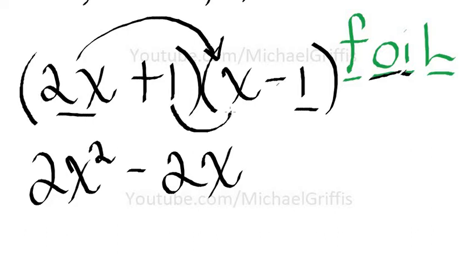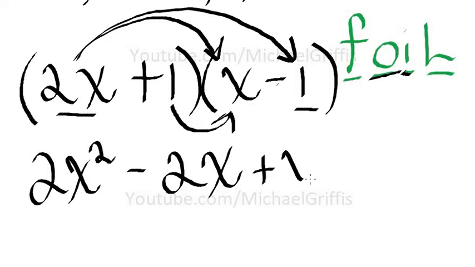Okay, these are your inside terms. I should have labeled this as outside. Right now we're talking about our inside terms. So 1 times x is x. And then our last terms. Right, this is the last term in this polynomial, and this minus 1 is your last term. So positive 1 times negative 1